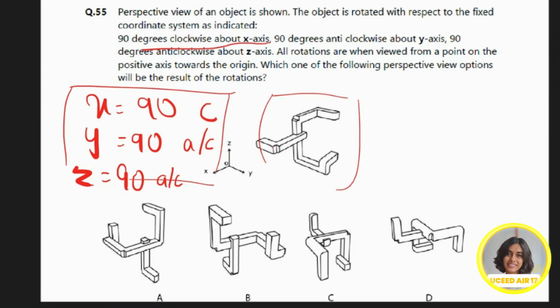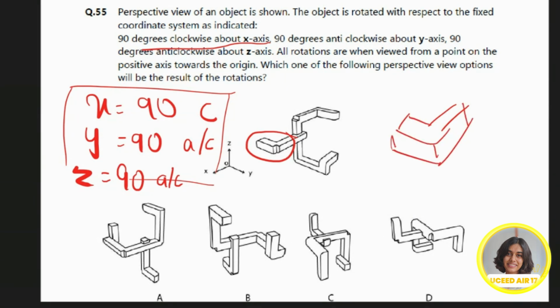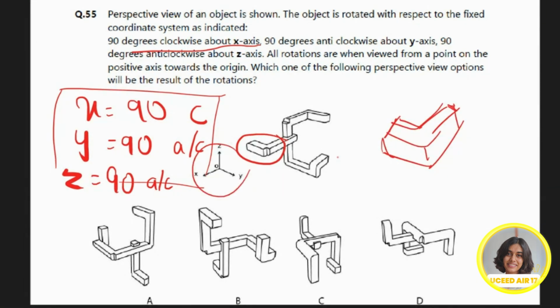Now, these are very frequent questions, and how you can go about these questions is focus on one part of the object, only one part, and try and visualize only that part. How will that part be looking at the end of the operation? I consider this part. Okay. Now, after considering this part, I'll just simplify this into a very basic shape. And these are the axes they have given. Okay, x, y,